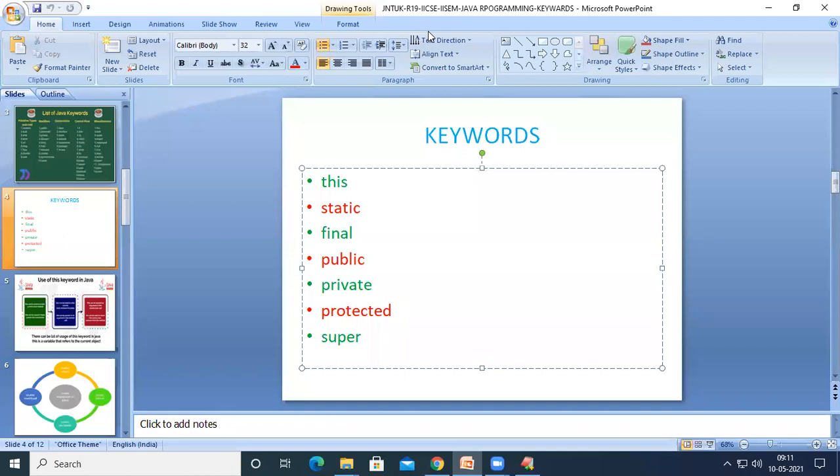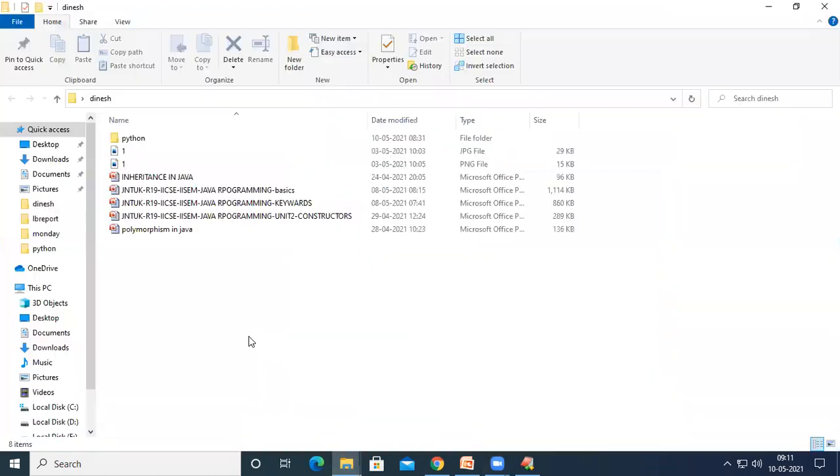And finally, in today's session, we have seen the super keyword. If we want to access the superclass variables, superclass methods, and superclass constructors, then we can go for the super keyword, right?